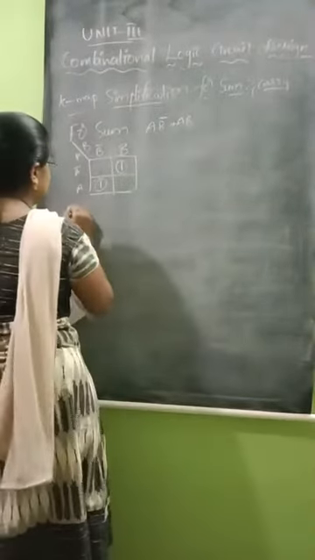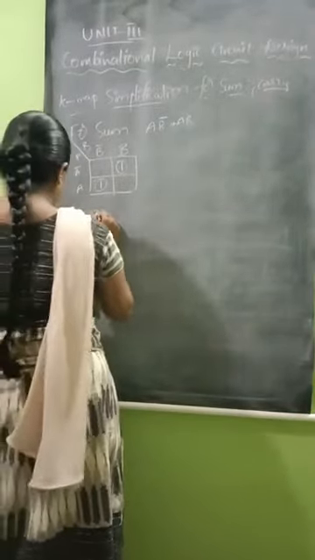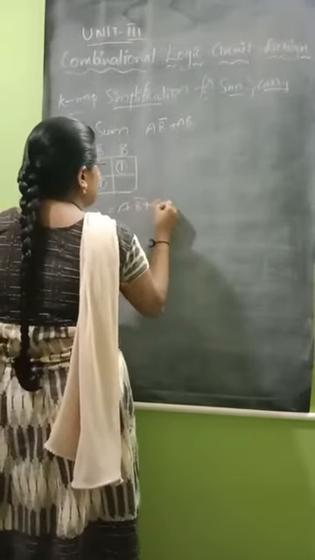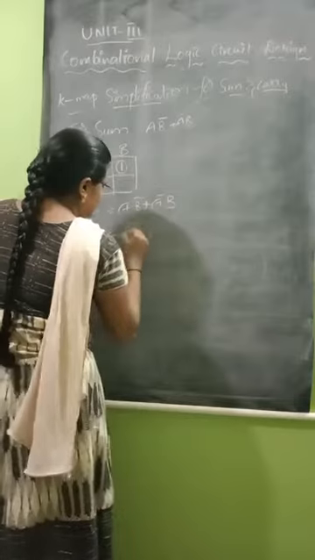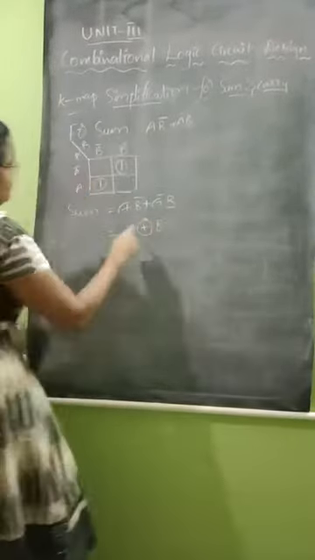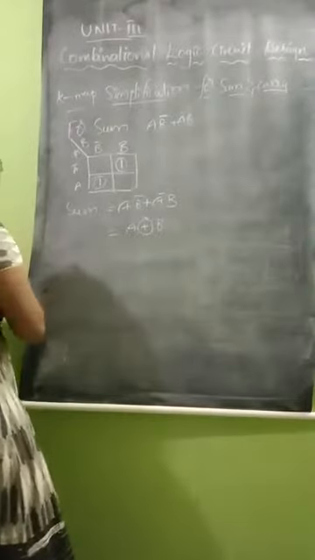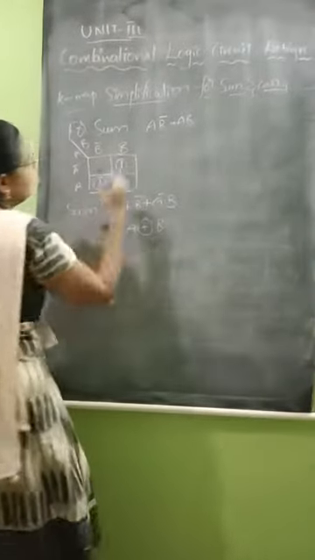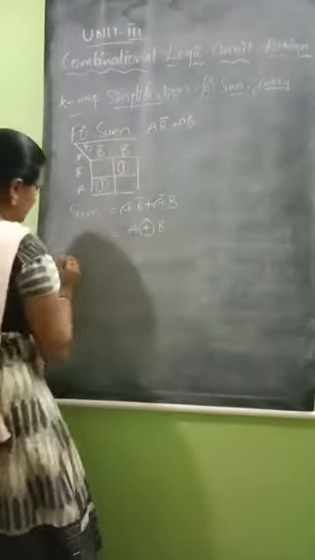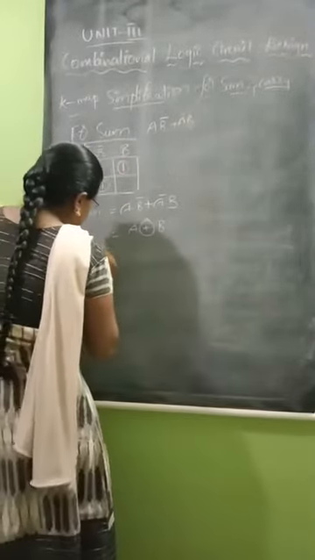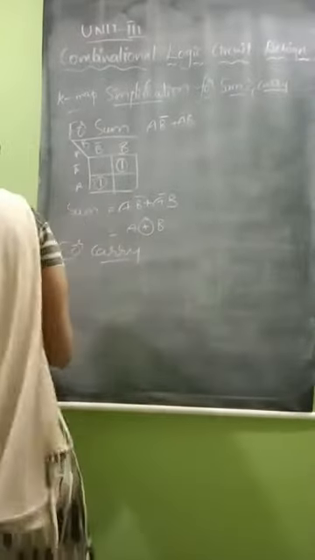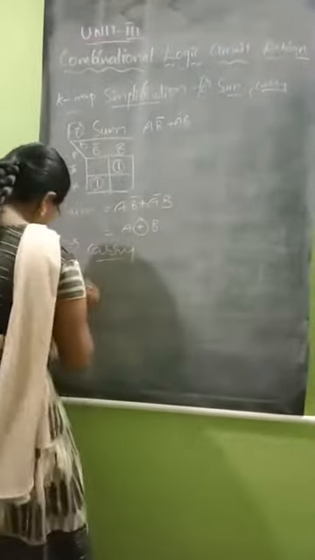So the sum equals A B bar plus A bar B, which equals A plus B bar. This is the XOR operation. So the next one is sum, and for carry, the carry representation is